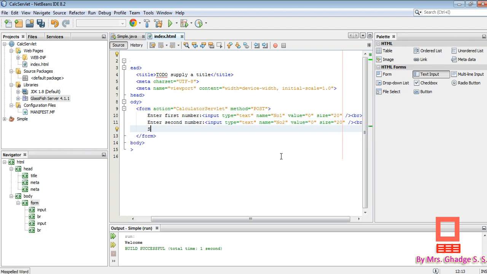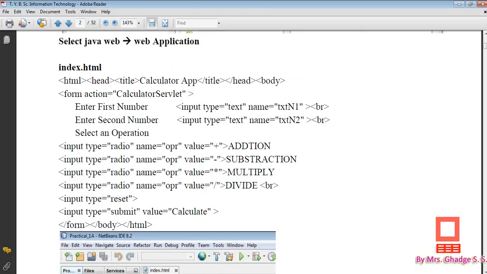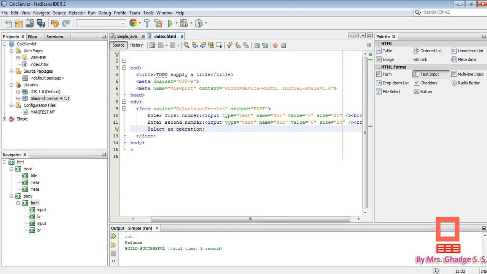that is, we have to take next line to be select an operation, because we are going to make a calculator application which has operations addition, subtraction, multiplication and division. Okay, so for this we have to take radio buttons. So how to take radio buttons?